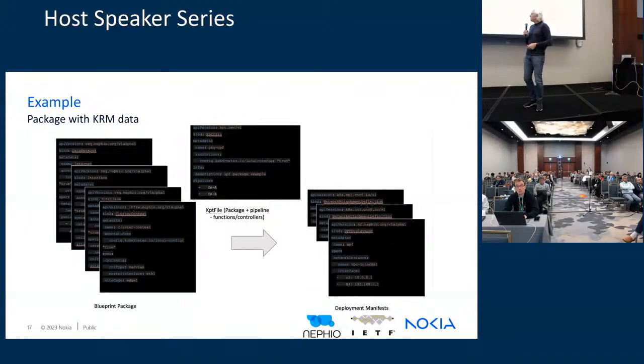I don't know whether it's very visible, but on the right-hand side you see that is a package. In this case, this is an example of a network function, right? So you see that you have interfaces. This network function needs 3 interfaces. It needs a DNN, which is very specific to 5G. It needs a PLMN ID, right? It needs a pool for UE IP addresses. So what the package does is, it's a set of individual resources, but together in the package, they are